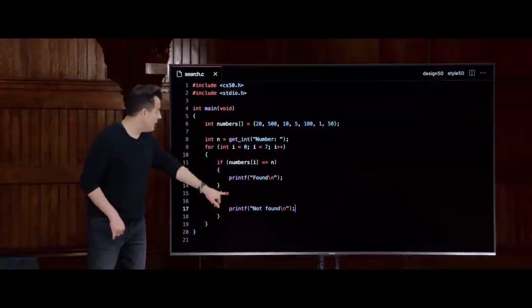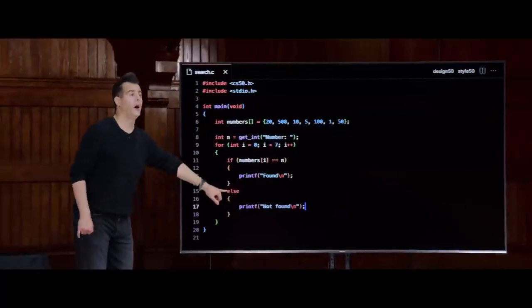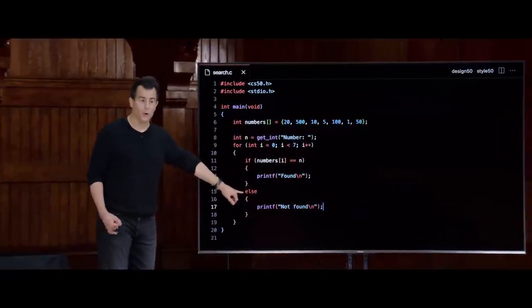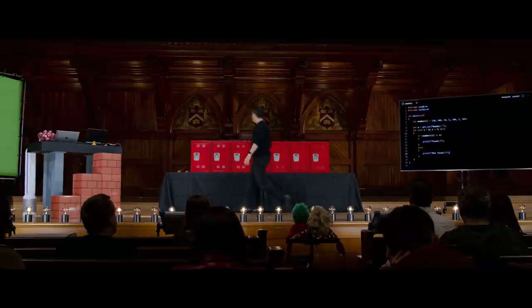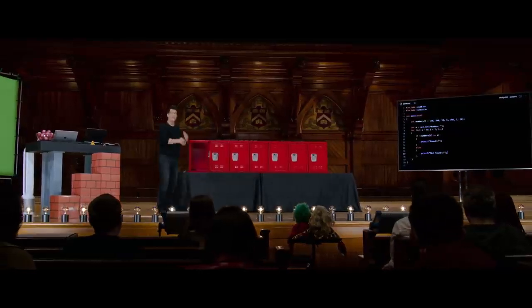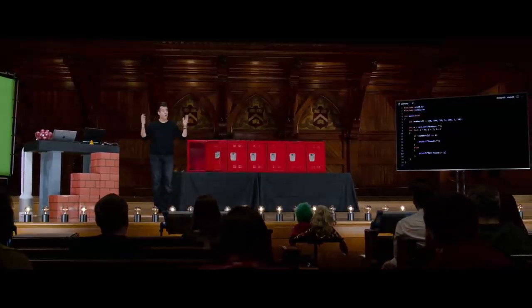Yeah, I don't want the if in, I want the if inside the for loop, but not the else inside the for loop. Why? Because that would be the equivalent of starting at i equals 0, opening the door, and then concluding I have found or not found the number without even allowing us a chance to keep going, because we're going to spit out sort of unilaterally not found, even though we just haven't found it yet. So I don't think I want to do that.